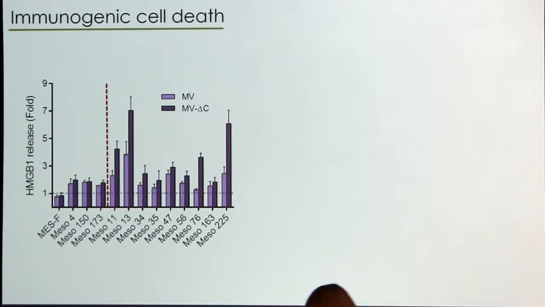Then we were interested in trying to find if the cell death that was induced by the virus was immunogenic or not. So we first focused on the cell-derived molecule. So we looked at HMGB1. HMGB1 is a protein that is supposed to be found in the nucleus. And upon immunogenic cell death, it will be released in the environment and will be recognized by immune cells. If you have a clean apoptosis, it will be retained in cells, and so you won't have any activation of